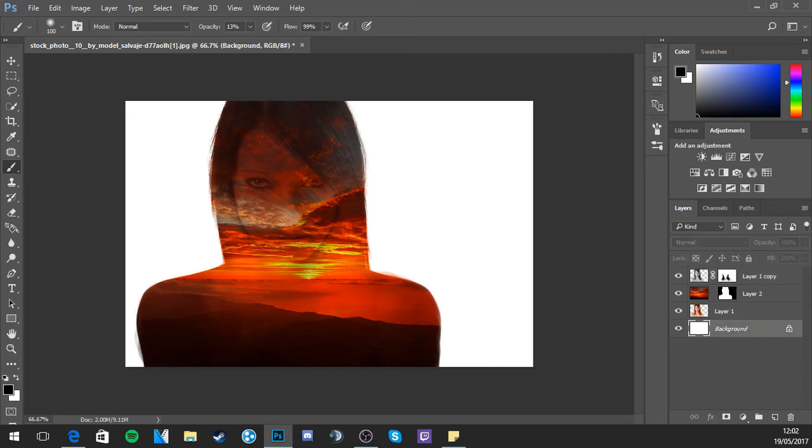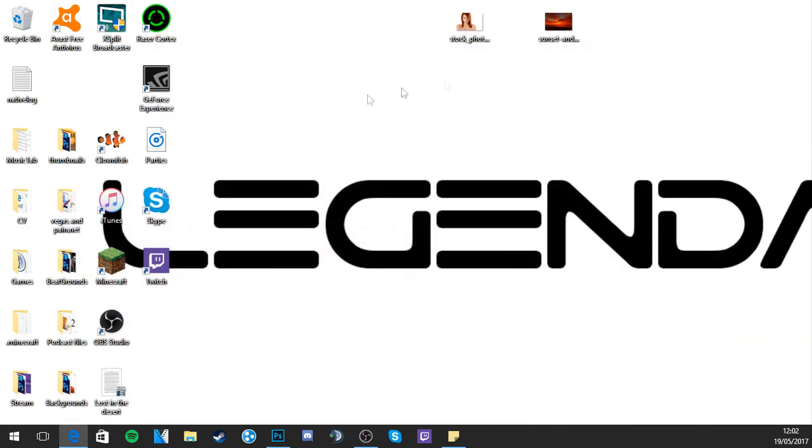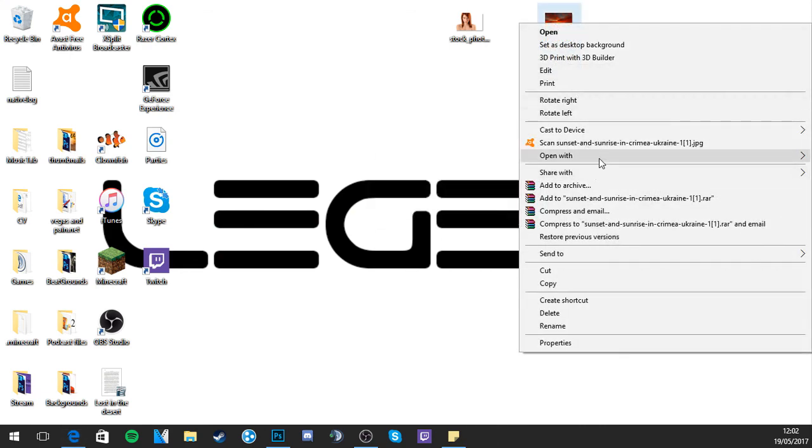Right, and then go to the background layer and paste another copy of the landscape, he says. Did not work. I guess what I'm going to have to do is not that, because that's opened it in Photos.